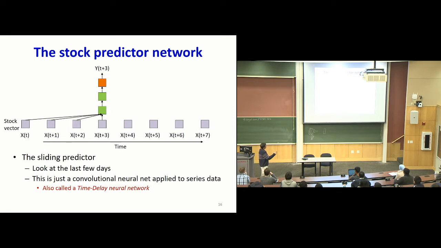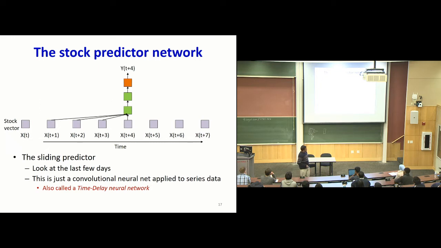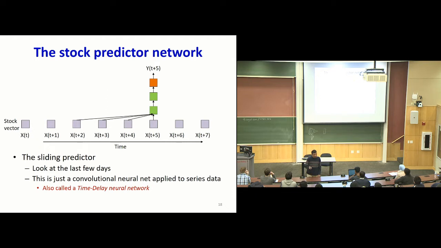And this, to make a prediction at time t plus 3, is going to look at t, t plus 1, t plus 2, and t plus 3, the inputs at 4 different times, and it's going to make a prediction. And then the same network is going to slide forward one day, and it's going to make the prediction at the next time, right? And so on. This is no different from searching for a pattern. This is exactly what we've been looking at all along. So this is a time delay neural network, just drawn differently, right?